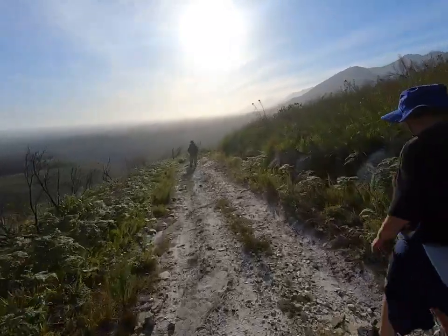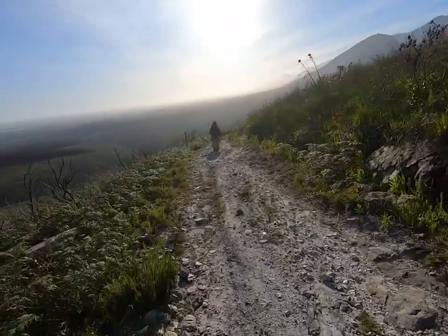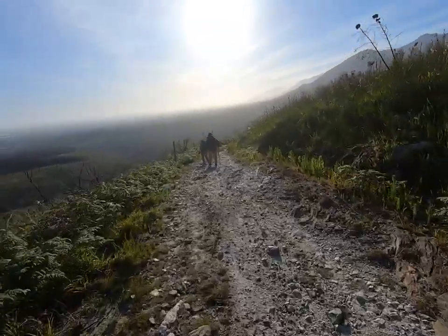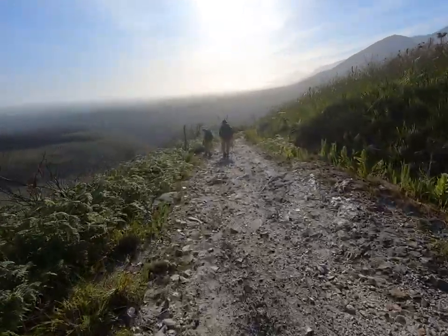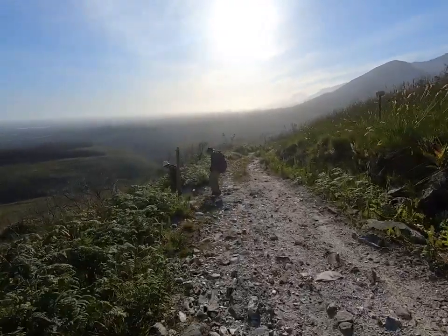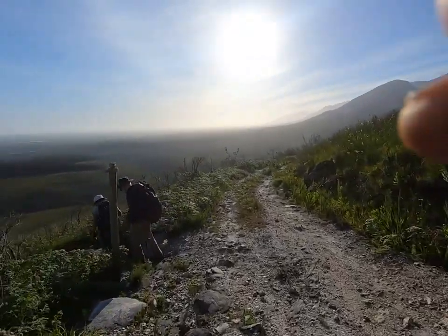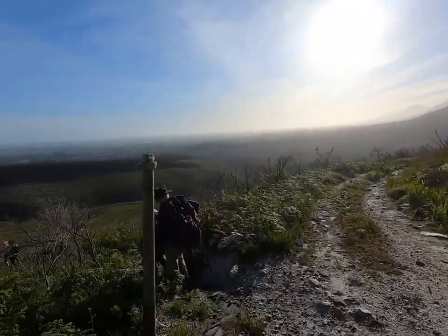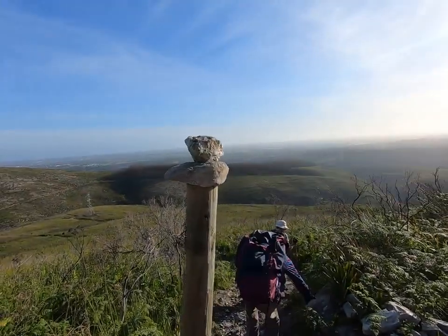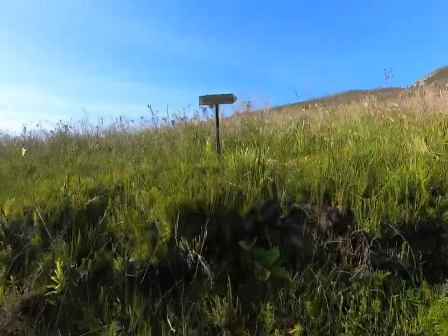there's a turn off to the left here, which seems to be rather obscurely marked. There's a pole with a rock and another rock on top of the rock. It sounds like a song, I know. And over there, there's a little sign that says